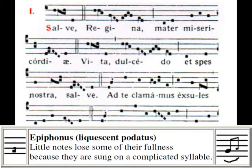Ad te clamamus, ad te. So you know the third on te. We sing it, but we move very quickly on. Ad